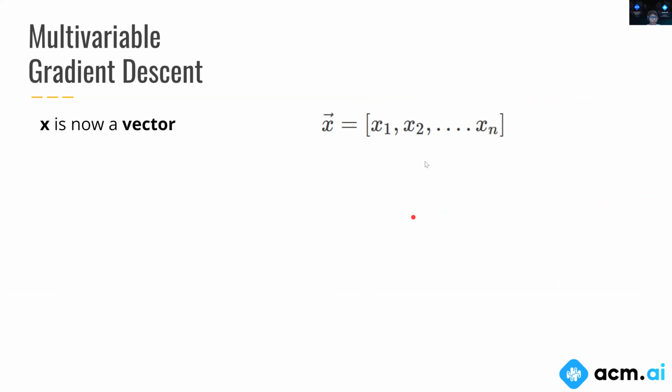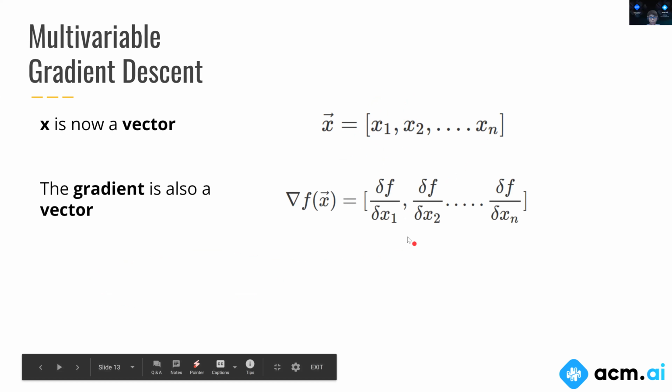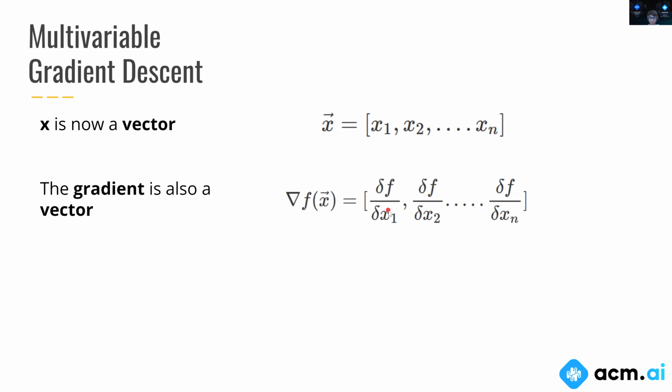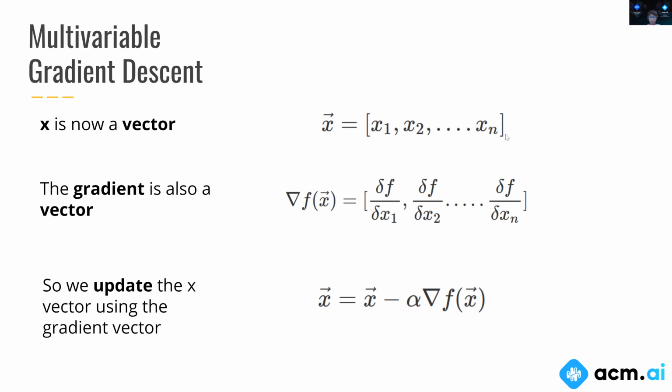In formulae, the x that we were talking about is now an entire vector. So we have our x1 variable, x2 variable, all the way up to xn. Similarly, the gradient is also a vector, so for each of these variables, we have a partial derivative. The way we update our x is simply by vector subtraction: we take this vector and we subtract this vector. And like before, we have this learning rate alpha, which helps us control how much we update our function. So that's gradient descent. It's a really cool algorithm, and it's extremely powerful.